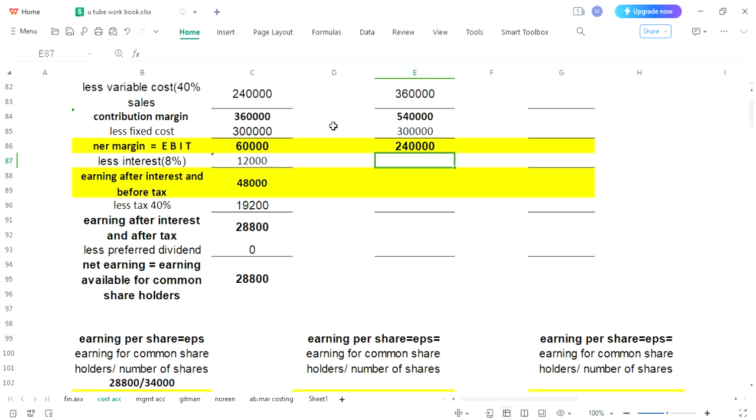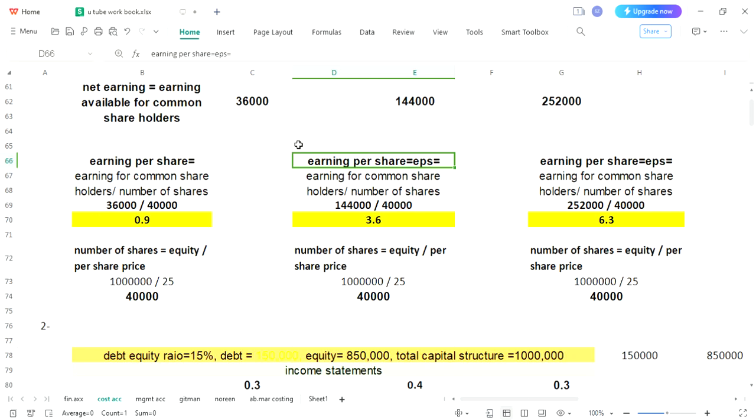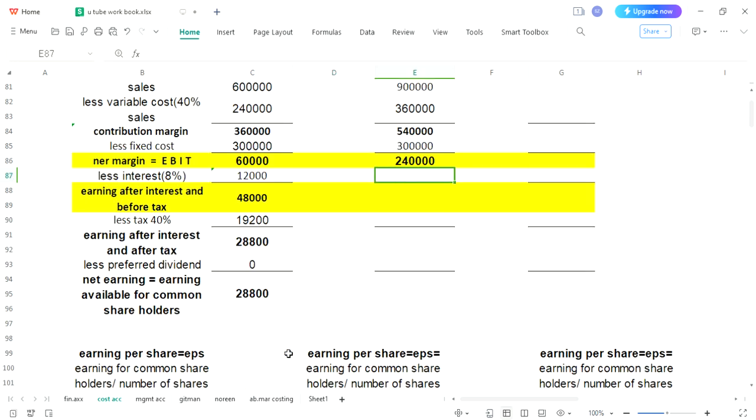Interest will be calculated at 8%, and our capital structure has 150,000 as our debt. So 150,000 amount of debt, and you will calculate 8% as amount of interest. So we have got our interest,